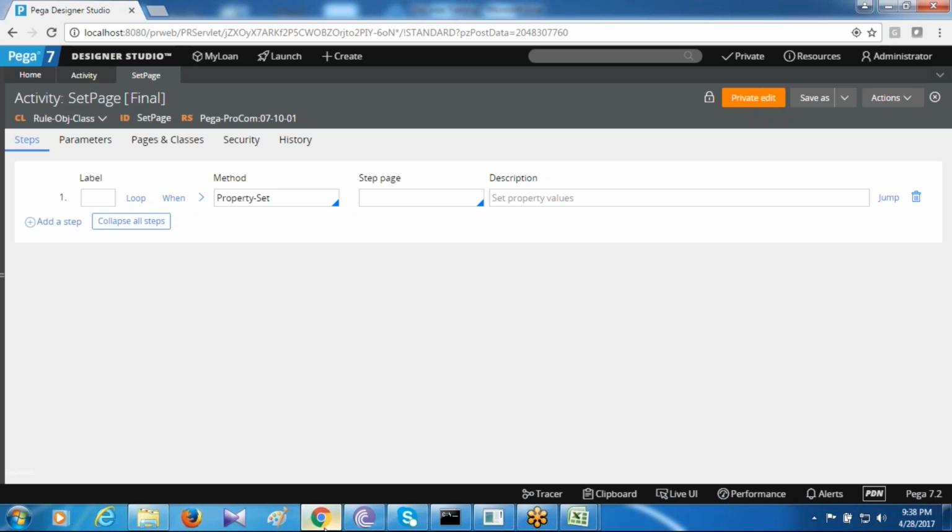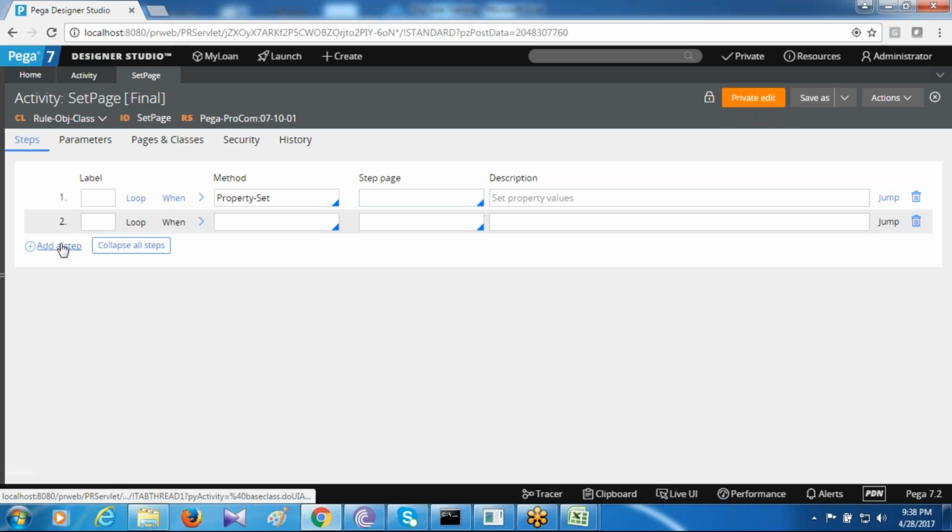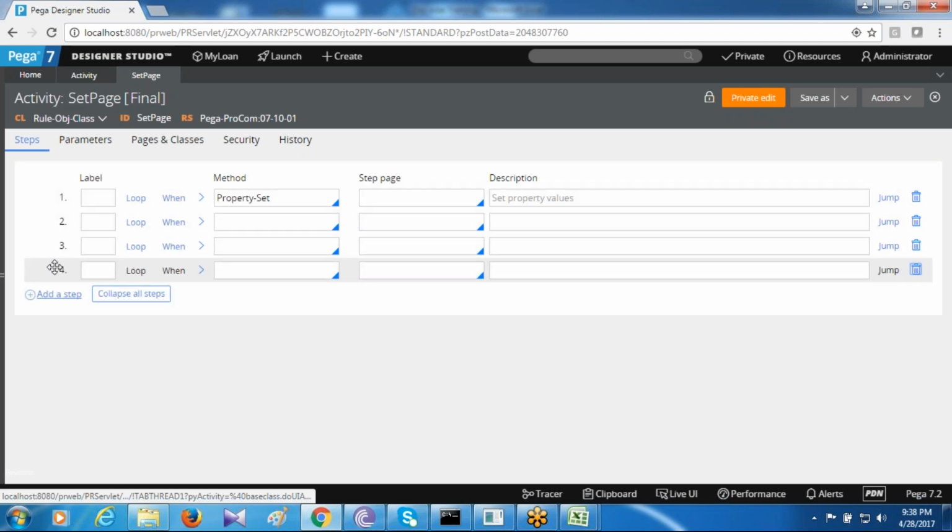So if you want to achieve certain things in a step-by-step manner, suppose this is my first step, now I can add a second step, third step, fourth step. Likewise, if I want to execute certain logic,